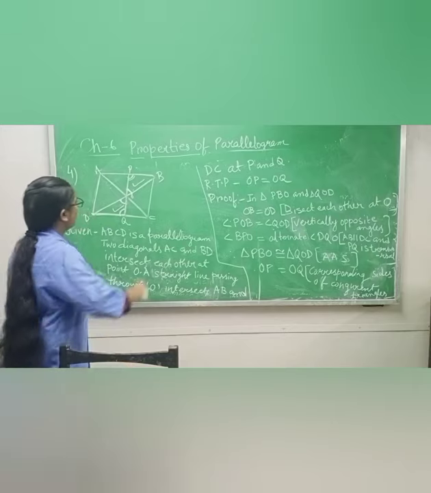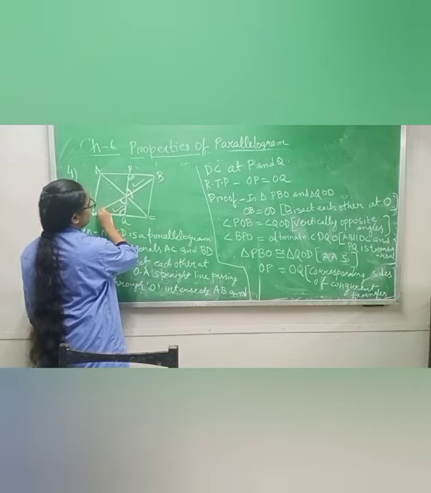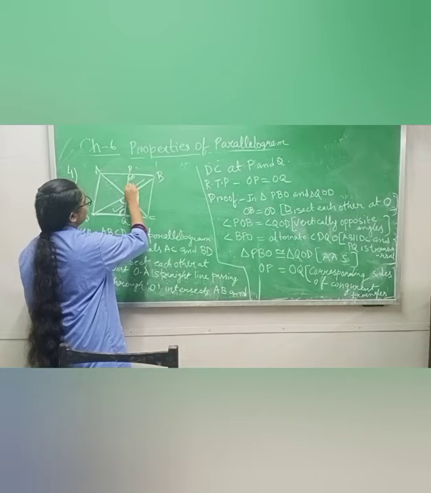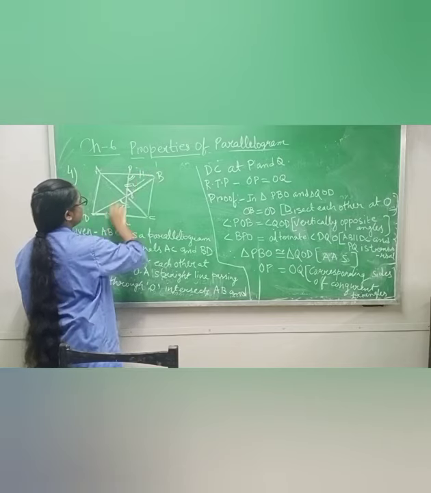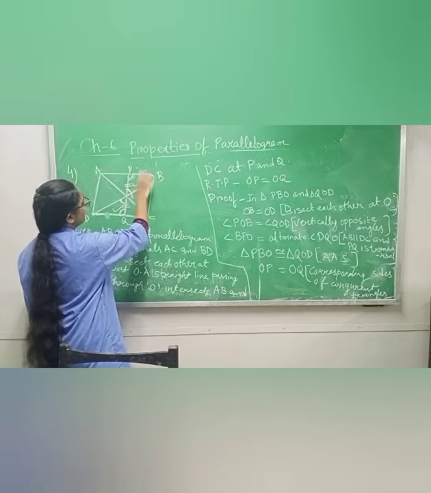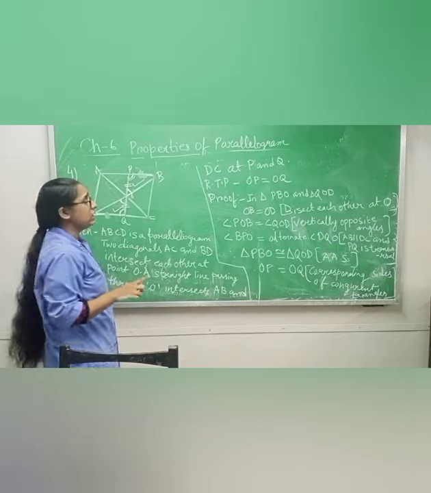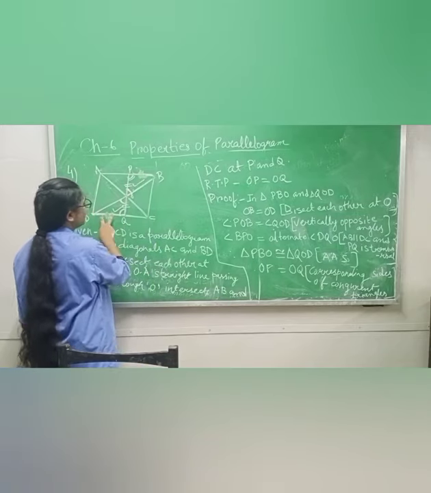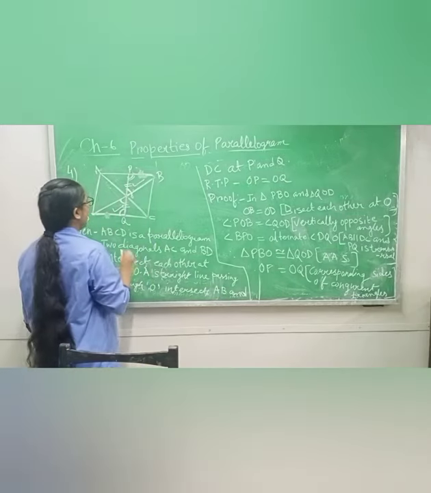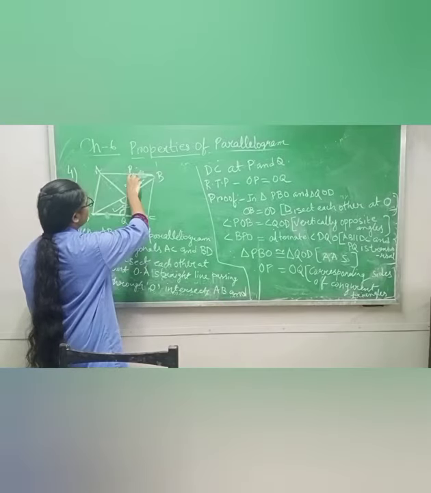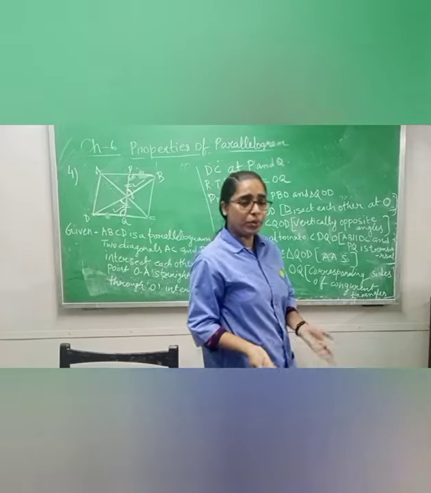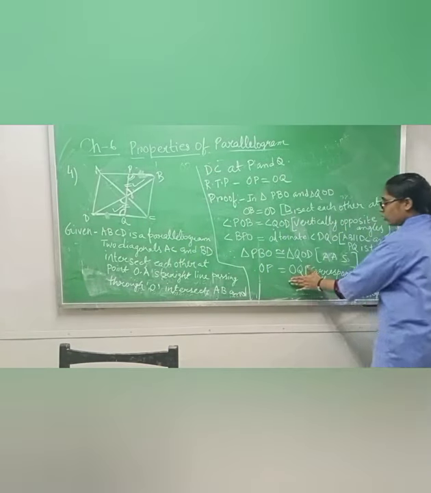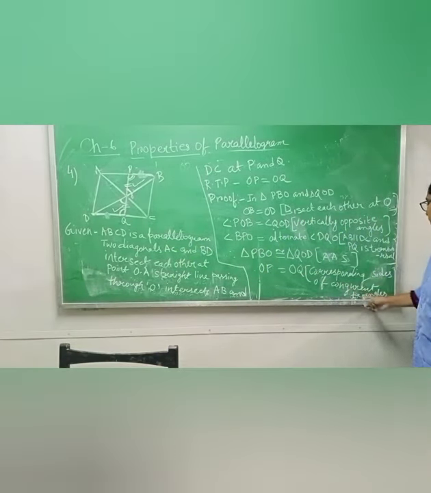We have proved only OB equals OD. Two sides are left, so we can say that this one is equal to this one and this one equals this one. But we don't need this one because they are not telling us to prove PB equals DQ. If they tell us in the question to prove that PB equals DQ, then we can write it. But they are asking only to prove that PO equals OQ. That is why I have written OP equals OQ. PO and OP are the same. OP equals OQ, corresponding sides of congruent triangles.